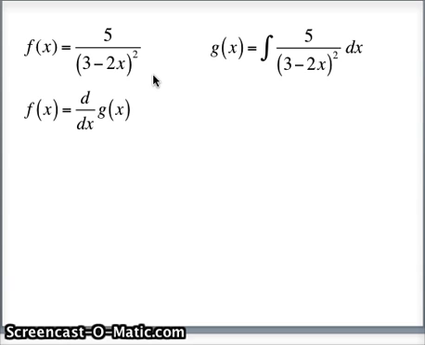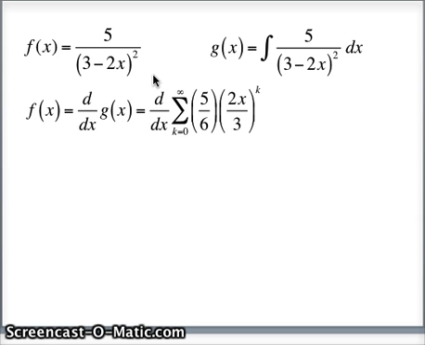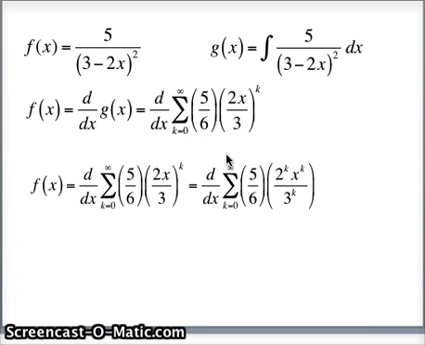We have the power series for g, so a series for f will be the derivative of the power series for g. So it's the derivative of this sum as k goes from 0 to infinity of 5/6 times (2x over 3) to the k. Well, the derivative of the sum is the sum of the derivatives. We know that. So our f of x will be